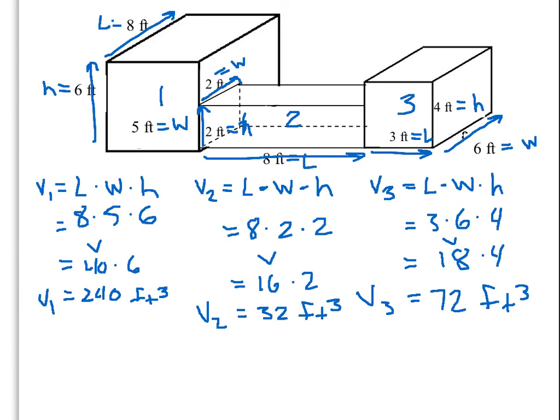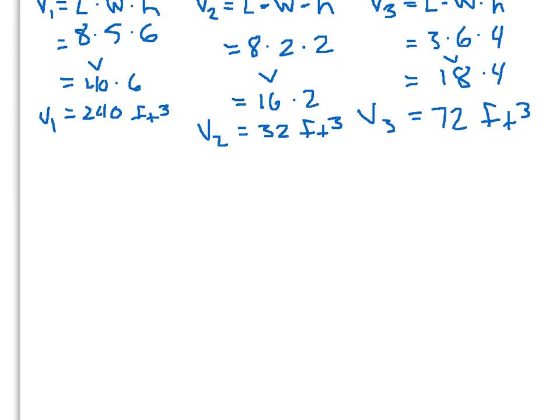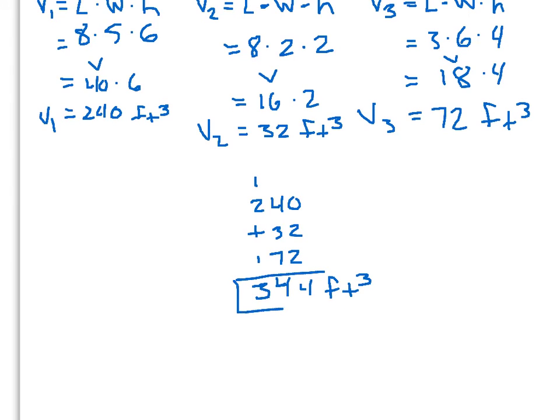Now, I hear some of you already exclaiming that Mr. Curry is going to perish, but how do you know? What do we need to do to make sure that we're right here? Desiree? Add it all up. We need to find the total volume, so that's 240 plus 32 plus 72. So our total volume is 344 feet cubed. So sadly, Mr. Curry's not going to make it. Now, it makes me feel bad because maybe